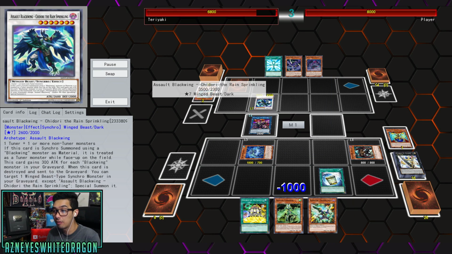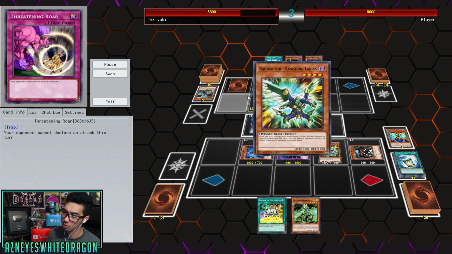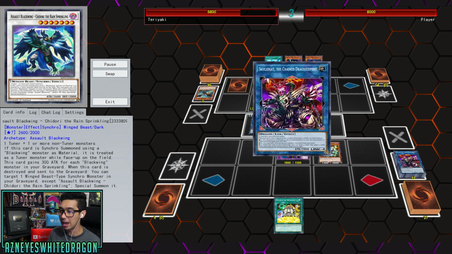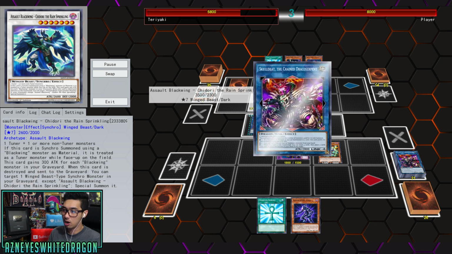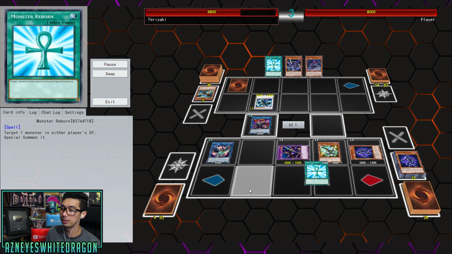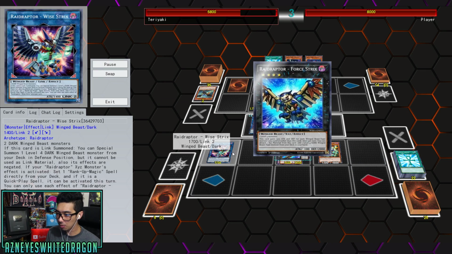But the guy is playing a variant of Blackwings. I don't know why there's T-Roar, honestly. At first I was like, okay, this guy's got some pretty cool spicy Blackwing build, maybe. I haven't seen Blackwings in a while, but he's able to make Chidori, and this has a decent amount of attack. So we're going to see Reborn come out, bring back the Wise Strix,